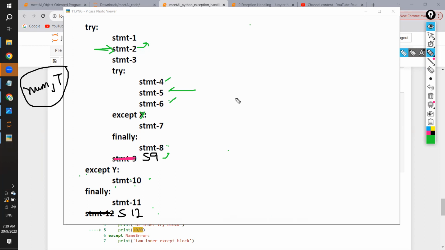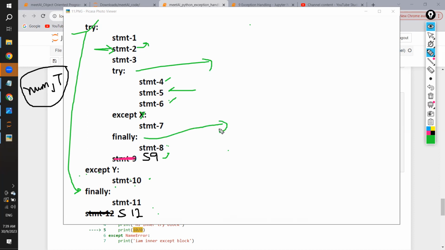But one important note I am repeating again, if the control entered into try block, it should compulsorily execute its corresponding finally block. But if the control not entered into try block, for example this try block, then the finally block won't be executed. This is an important statement, because normally nenu finally compulsory ante you might get a false impression that